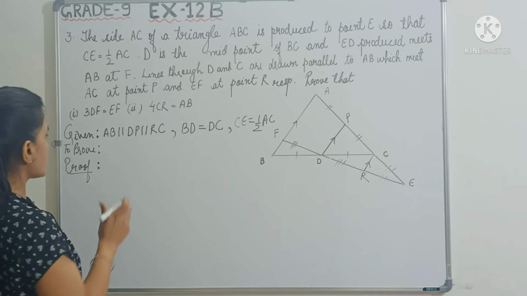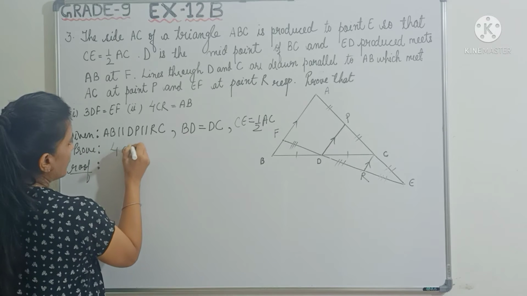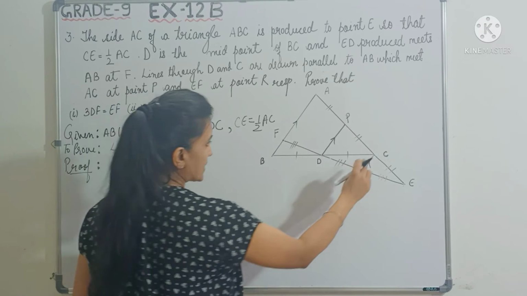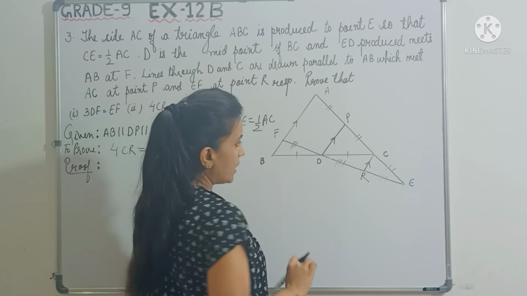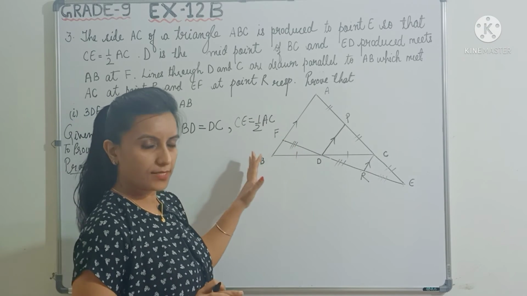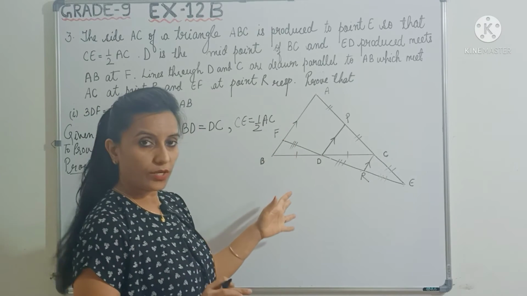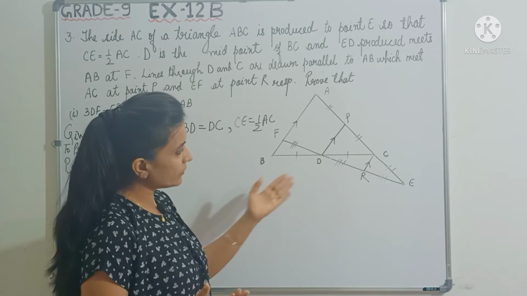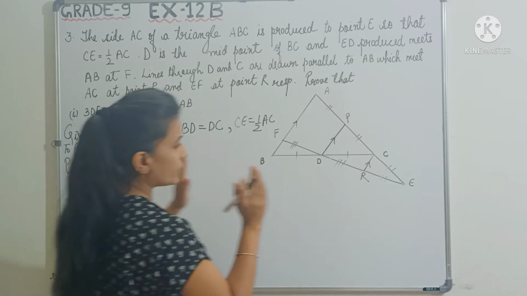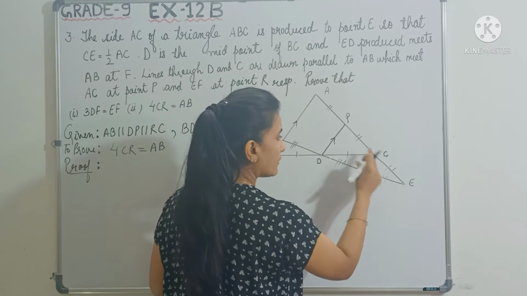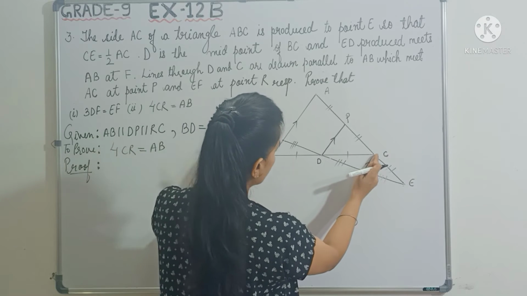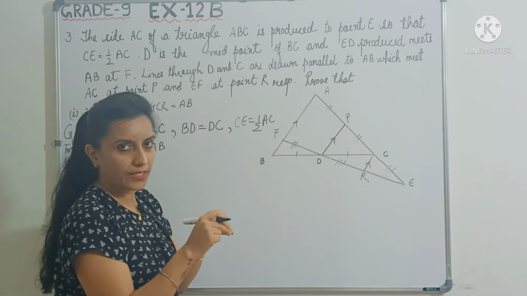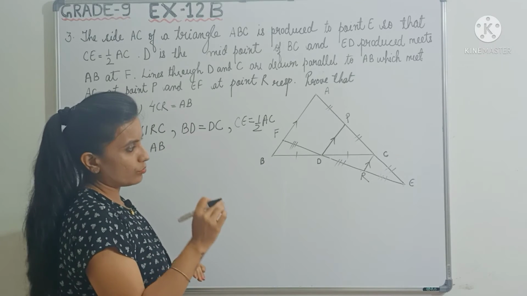Now second part is we have to show that 4CR is equal to AB. So we need to find the relationship between CR and AB, right? Now see, here we have parallel lines and we have so many midpoints. So it is very much clear that we have to use midpoint theorem, and from midpoint theorem we will be able to prove this. Okay. So first let's find the relationship between CR and DP, because for CR and AB, you need a triangle basically, right? You need a triangle to use midpoint theorem.